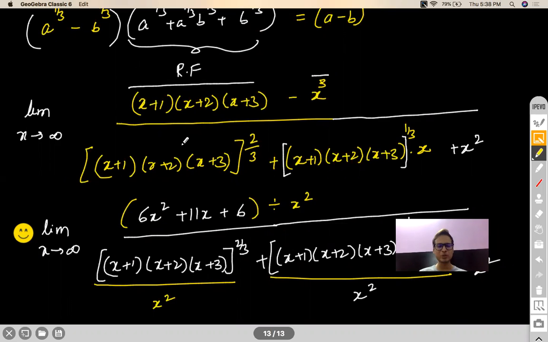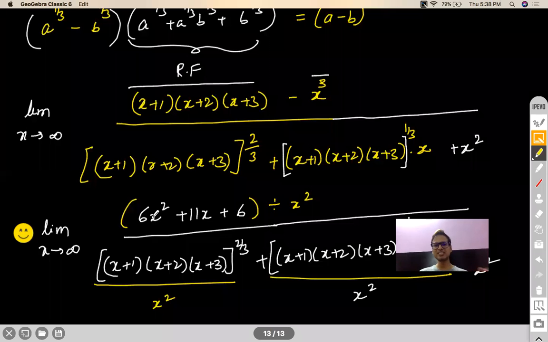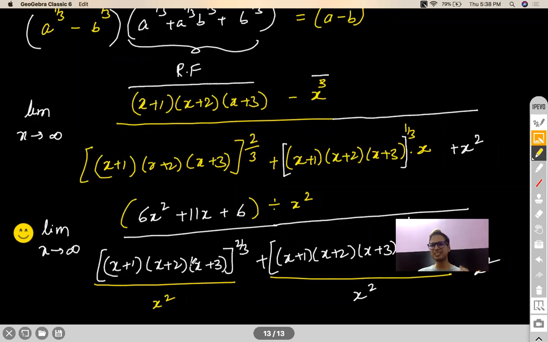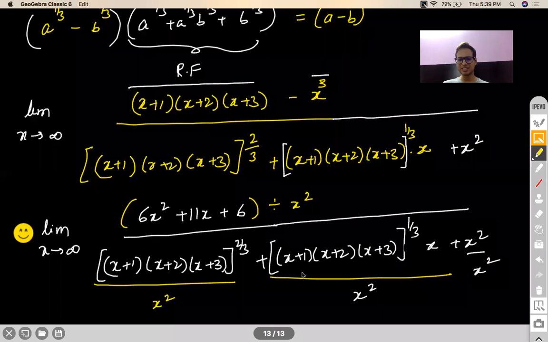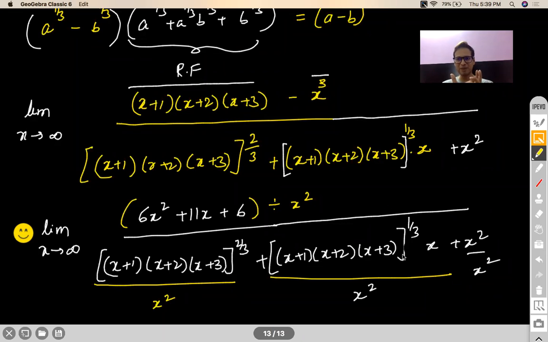Okay, but you can expand it at your own pace. So when you expand this, you get an x cube, which will get cancelled with this x cube. So x square is the highest term that you will see on the numerator. Denominator also, if you see, highest effective power will be x square only. See, this is cube raised to the power 2 by 3. Cube raised to the power 2 by 3 means x square is the highest effective power. This is cube raised to the power 1/3 into x. So if you see, combined effective power is 2 only. Highest effective power is 2 only. And this x square is anyways power 2.